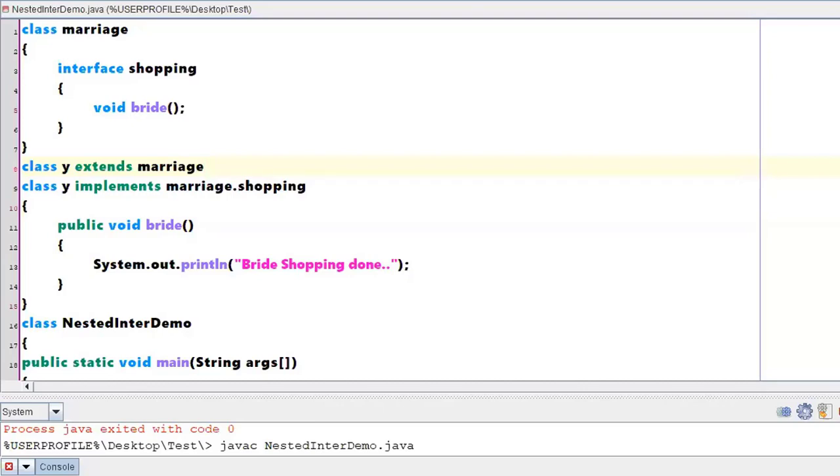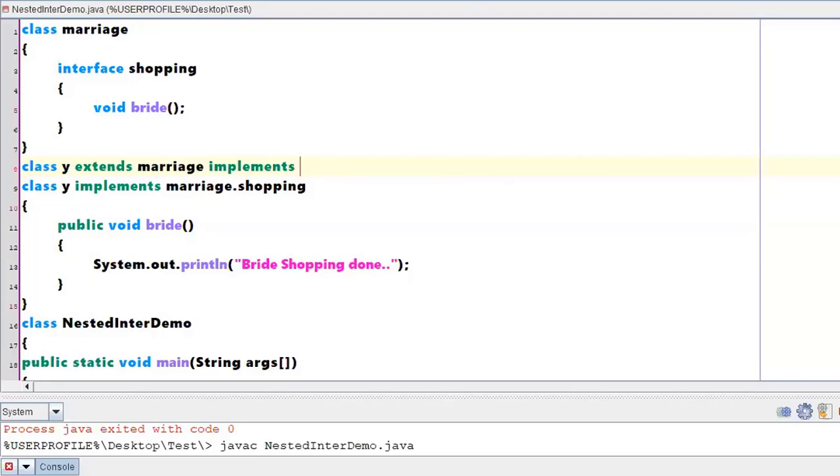Now if I want to follow the process in a step-by-step manner, that means if I say class Y extends marriage, now the interface will be available with respect to this Y. Later what I have to do? Implements, right? Implements what?